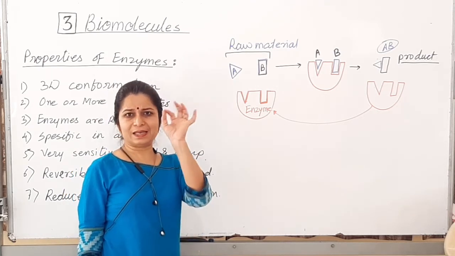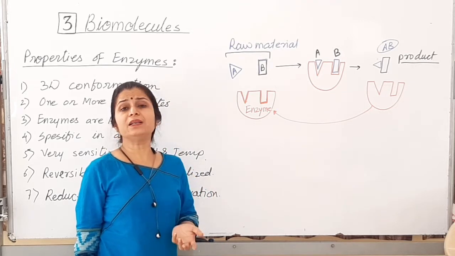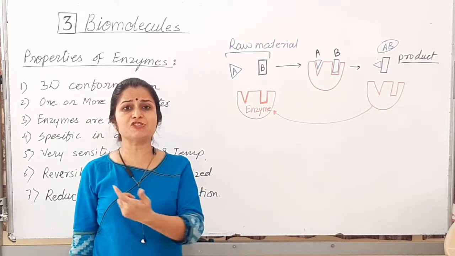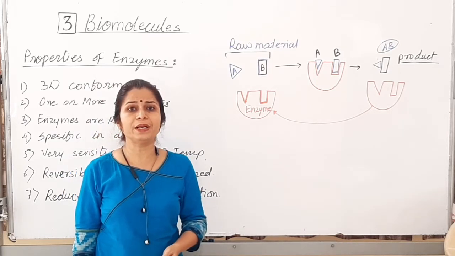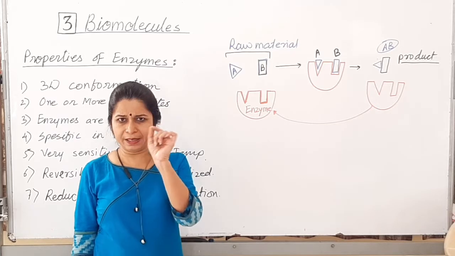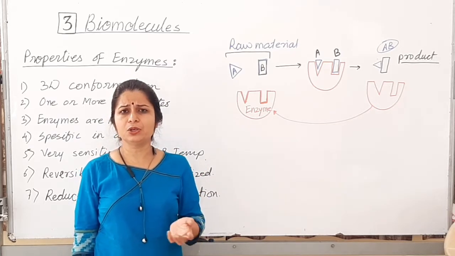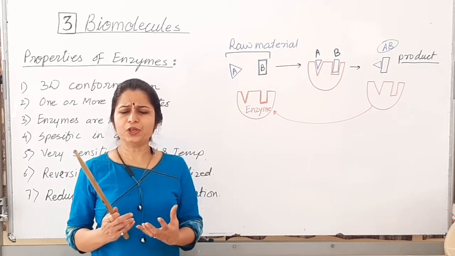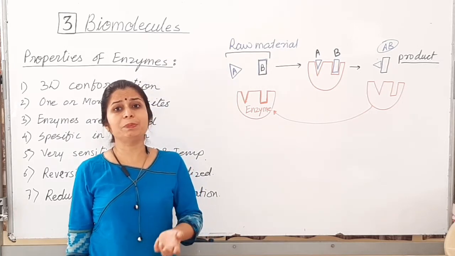See, each chemical has kinetic energy. Within a cell, it may be because of cytoplasmic streaming. You know, cytoplasm continuously rotates. It may also be because of the kinetic energy, which is dependent on the temperature. So accidentally, the raw materials may collide. You know, the more the collisions, the more the rate of reaction.